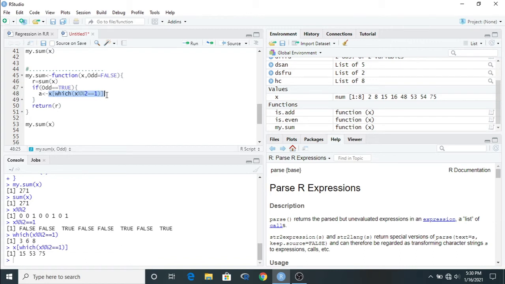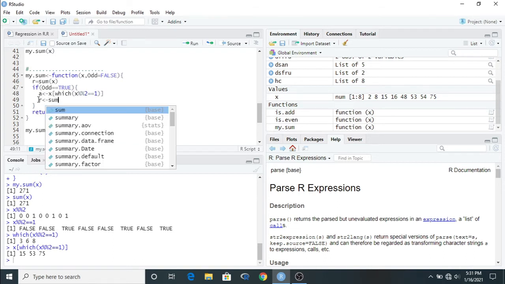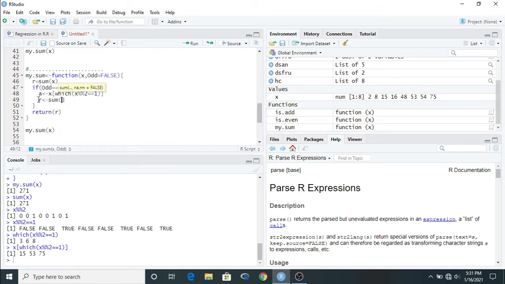Now I am going to make a sum, and I am putting the same name, which is r. Here I put r is equal to sum of, not x here, but a, because a indicates the total odd numbers, the numbers that exist in the x vector.